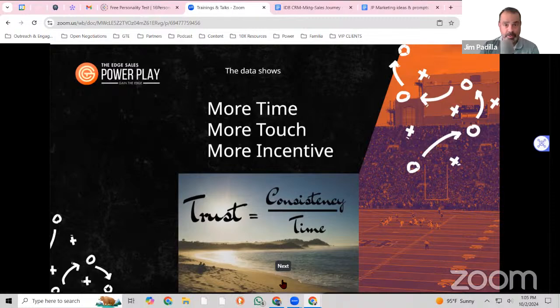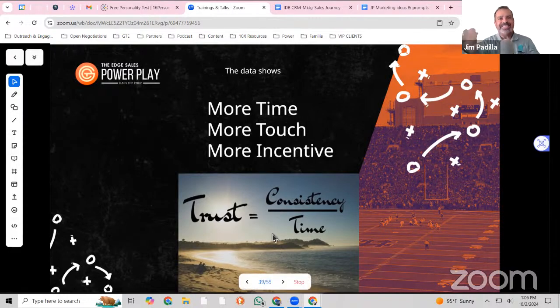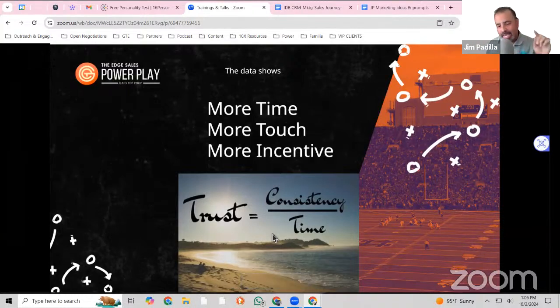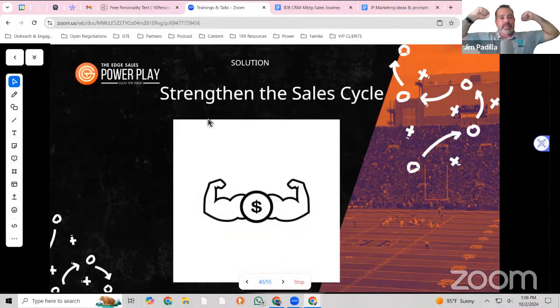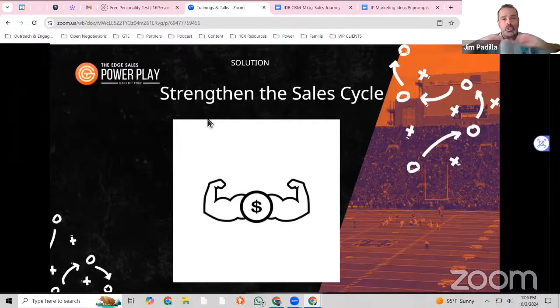They've got to see you in video. They've got to see you in writing. They've got to see you in their inbox. They've got to see you on social media, see you at a live event. They need to see you, experience you coaching, experience you leading, experience your vulnerability, your reality, your credibility, your authority. All of these things take time, and you can't make that happen faster. You can make it happen more effectively. Okay, this is about strengthening the sales cycle. So right now, the goal is not to shorten the sales cycle. It is to strengthen it. Got it?